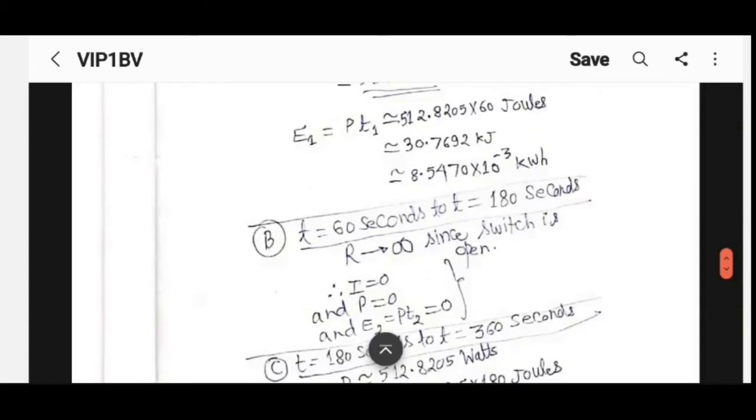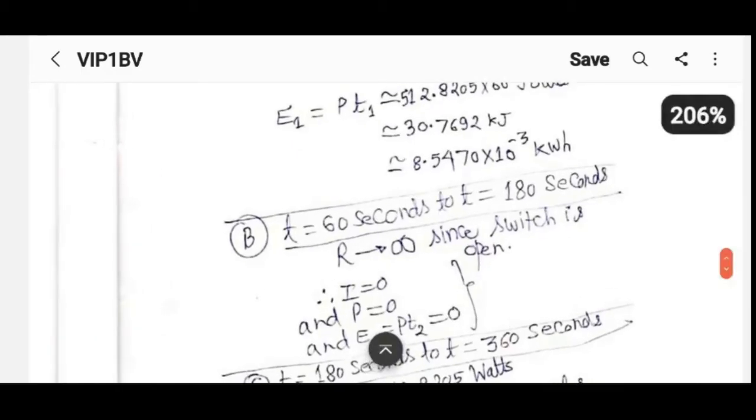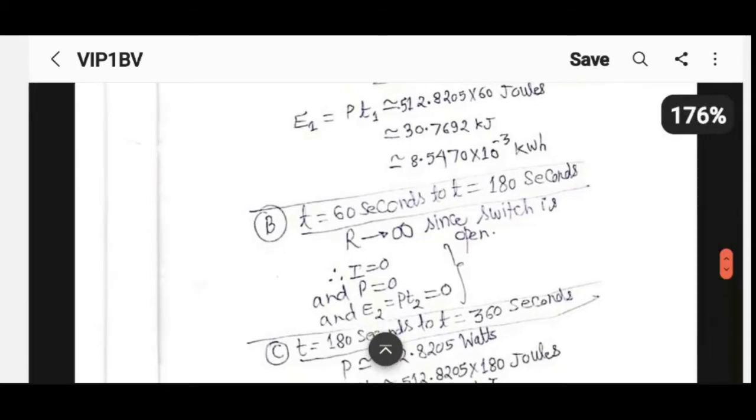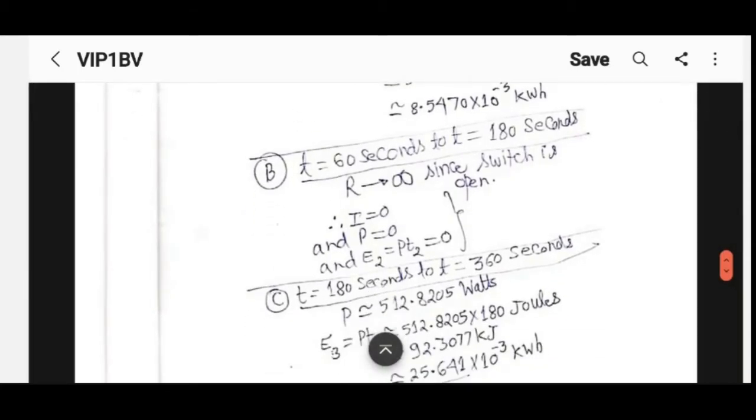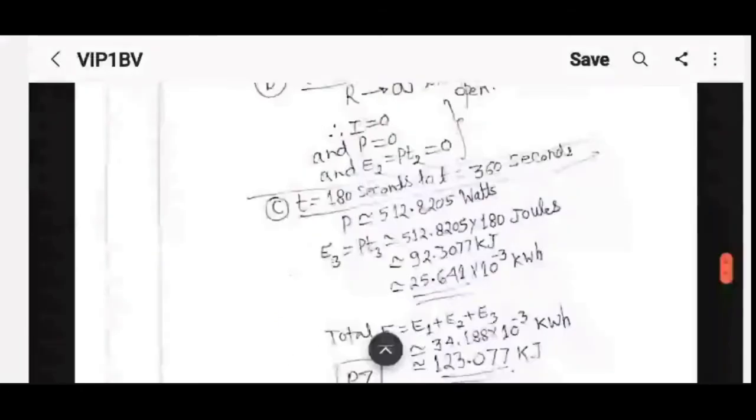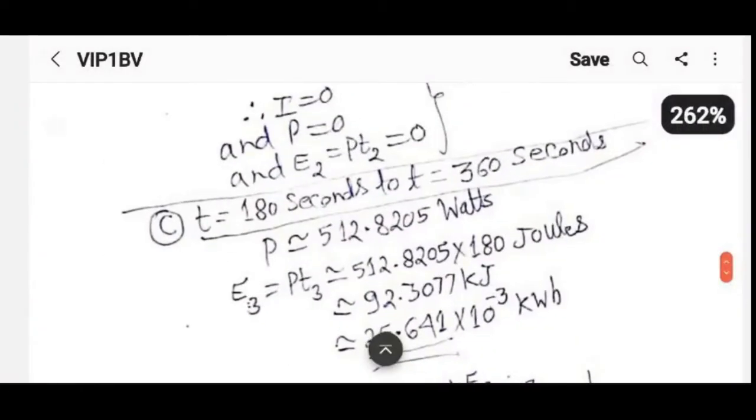Now, part B is when the switch is open for 180 seconds. So no current would flow. Power will be 0 and energy would also be 0. In part B, no energy consumption will take place. Simple enough. In part C, the switch is closed again,